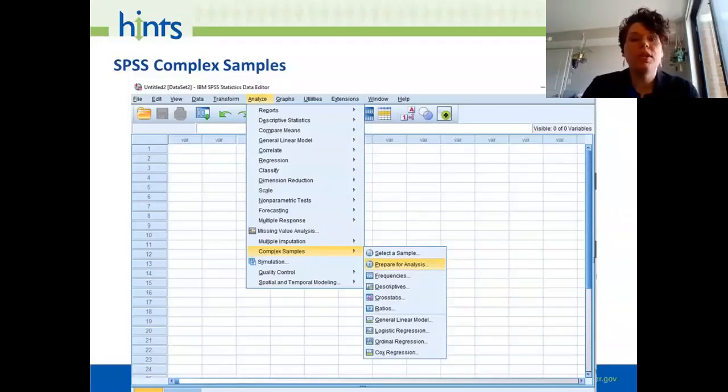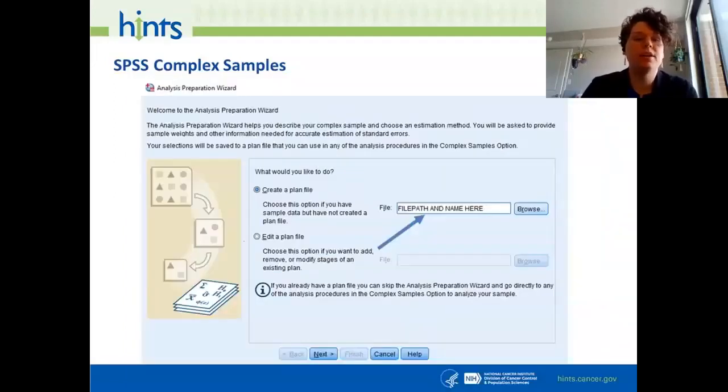First, I need to set up what is known as a complex samples plan. I would do this by going to Analyze, Complex Samples, and Prepare for Analysis. Whenever I click Prepare for Analysis, an analysis preparation wizard will pop up. I would select that I want to create a plan, and then I can type in the file path and